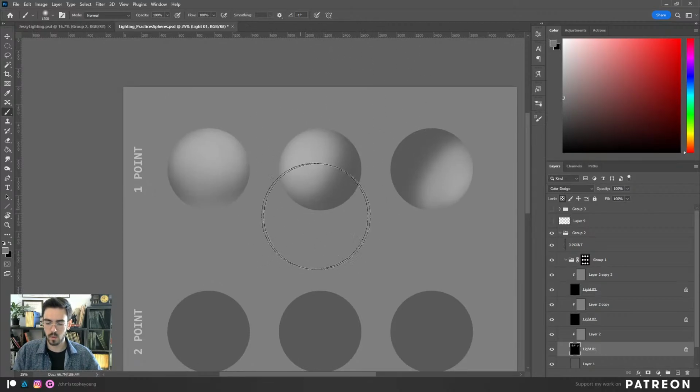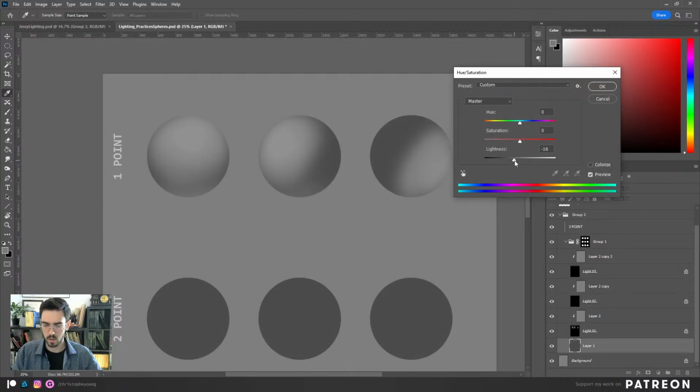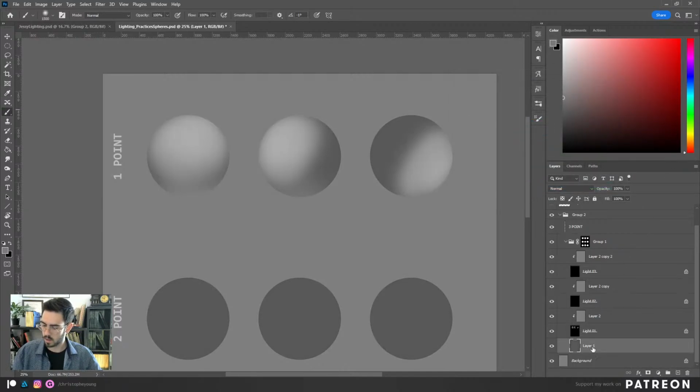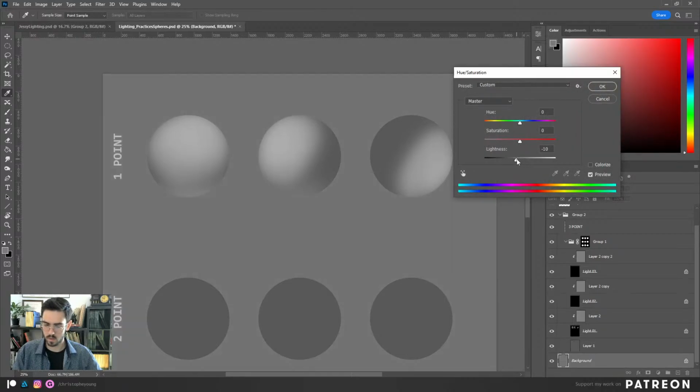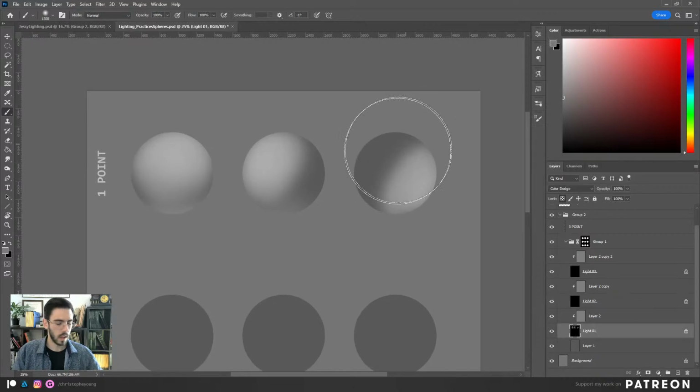On this side, you'd have quite a bit of bounce on the bottom. Let me make my background just a little bit darker. Not that one, this one. Just so we can see that here. And here,